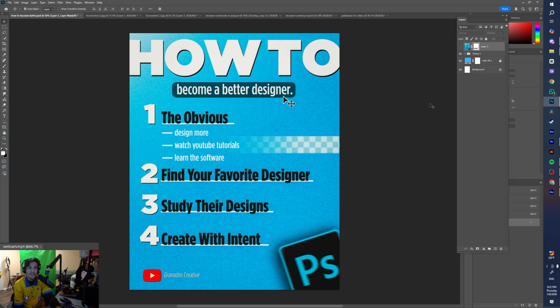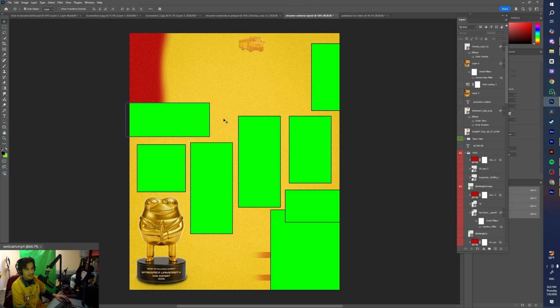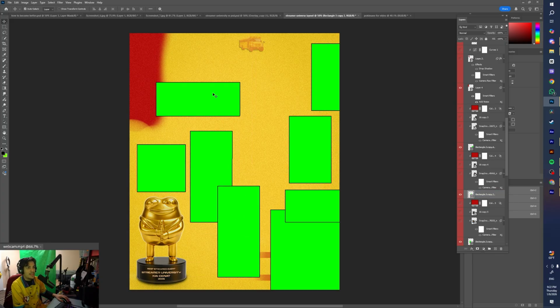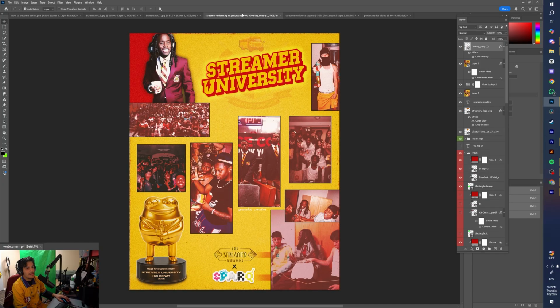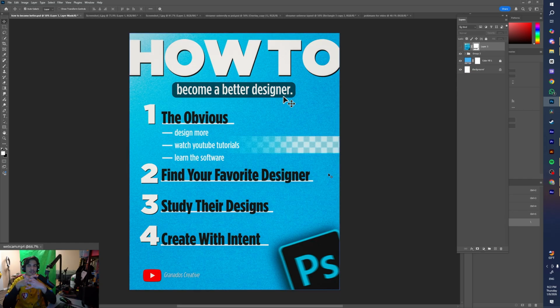Next time you open the canvas, don't even bring in a subject. Make rectangles. Here, really quick, I'll show you. Make rectangles like this. Like, I want this to go here, or I want a picture to go here, and then bring them in. And that's what I did with this one, but I don't have time for that right now. So those were the 4 things.